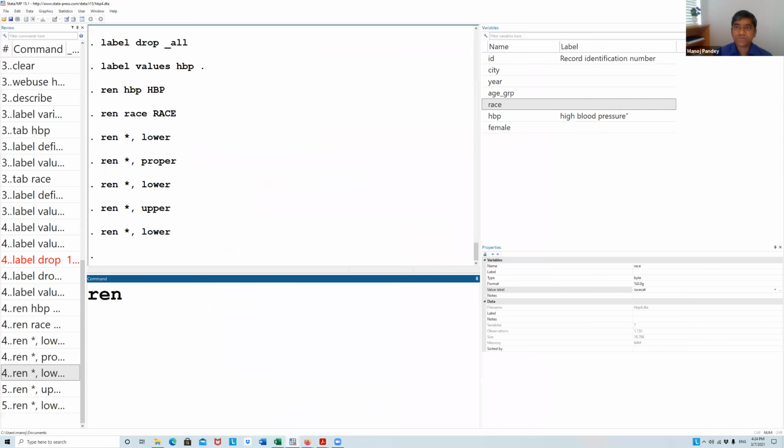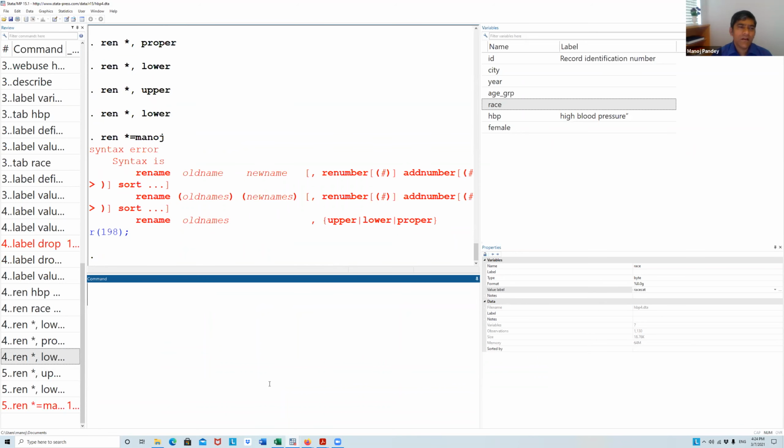Rename star, which means all the variables, equals, let's say, Manoj. What is going to happen?